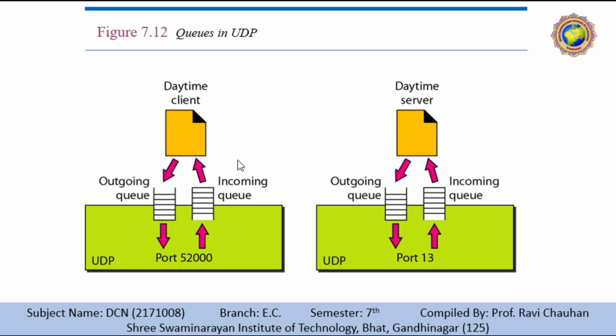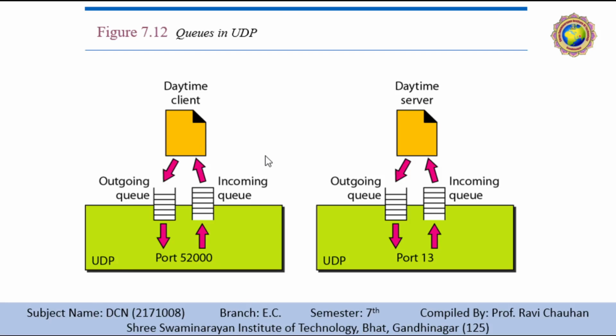Note that even if a process wants to communicate with multiple processes, it obtains only one port number and eventually one outgoing and one incoming queue. The queues operated by the client are in most cases identified by ephemeral port numbers, which are temporary. The queues function as long as the process is running. When a process terminates, the queues are destroyed.